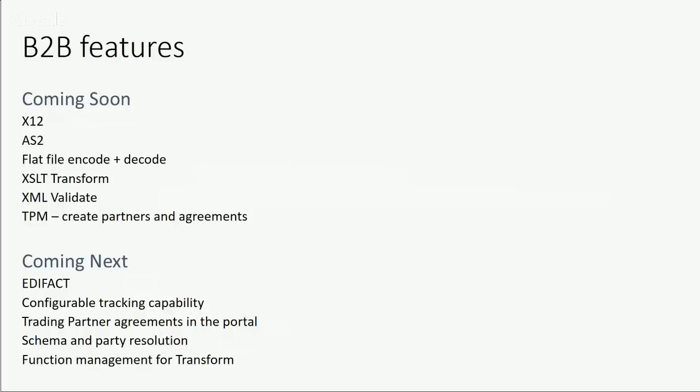If you're familiar with this, there's a whole bunch of settings, so there's some work we need to do to create a great UI in the portal for this. Schema and party resolution, yeah. Right now, the bits we showed essentially had you pick the schema in the validation action. We're adding resolution to that, so we'll be able to determine the schema from the incoming message content and then do validation against it. Same for party resolution. Right now, it determines from the content which party to resolve to. We want to make that more extensible, giving you more options around how we determine which trading partner, and therefore which agreement, you match against to do processing.